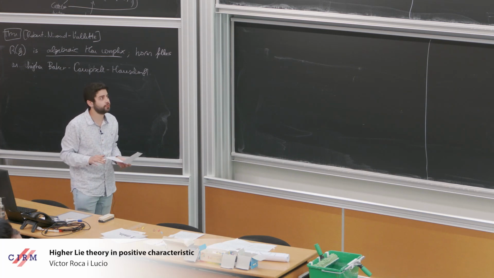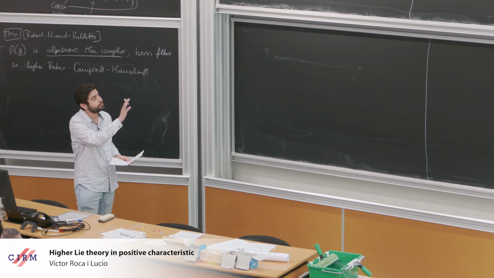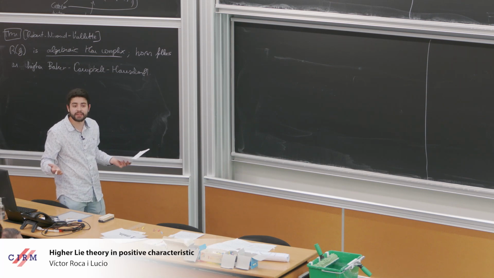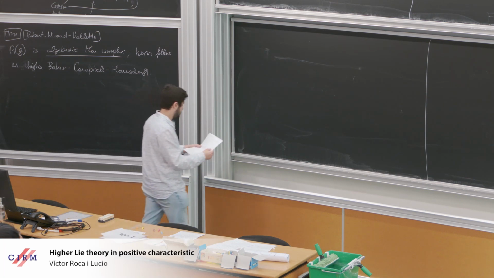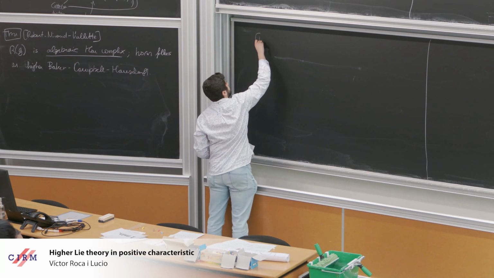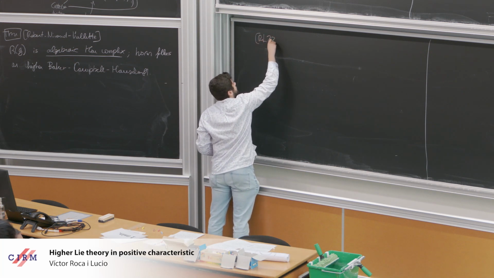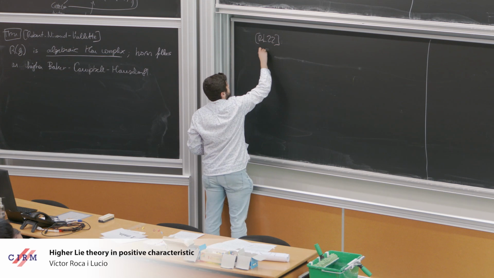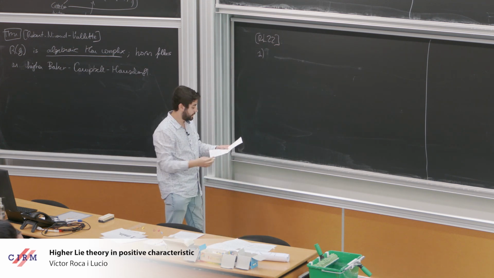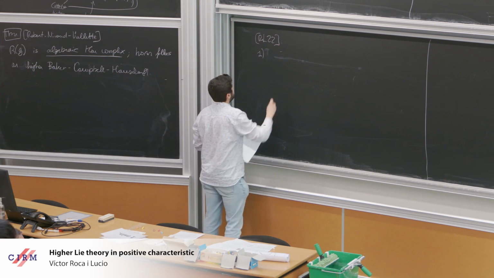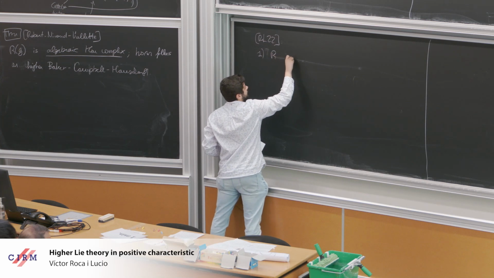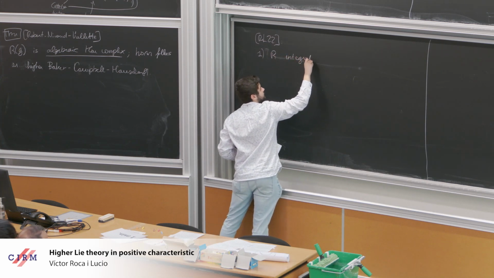I will not get into the curved setting today. I just want to point out that it was kind of necessary to make this generalization. And when you restrict to the absolute case, what you get is that you can generalize this whole story to this setting. So you can construct an integration functor